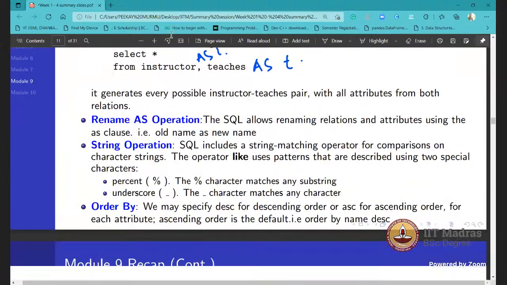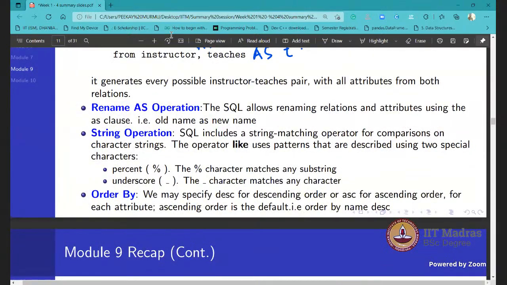And after that, the string operation is used for pattern matching, and this percent sign represents zero or more characters, and underscore represents only a single character.